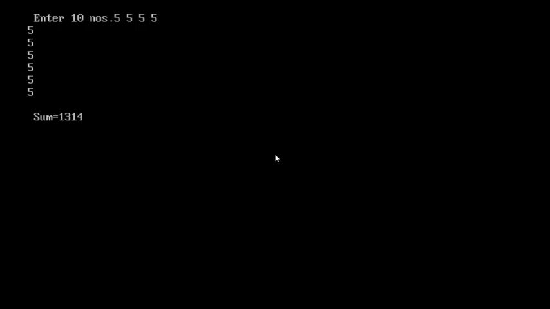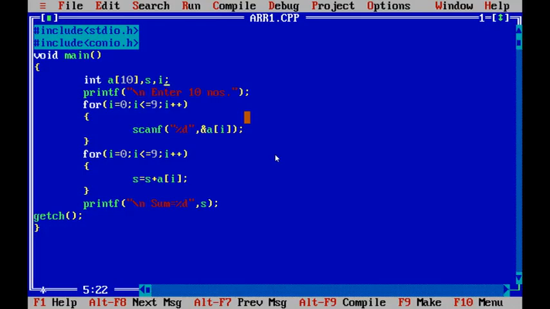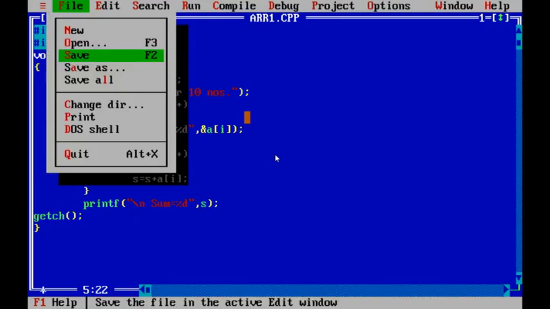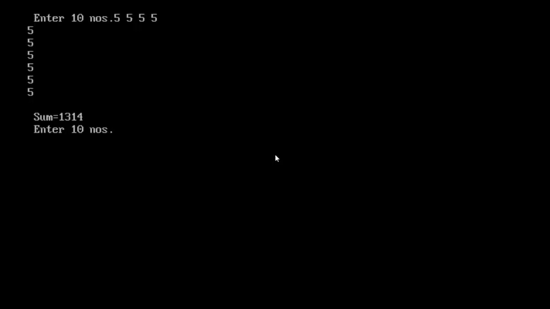देखो सम कुछ आ रहा है 1314, आई थिंक इट इज रॉन्ग। 1314 सही है क्या? हाँ, ऊपर में शायद s इक्वल टू 0 नहीं था। हाँ, अब सही है। चलो फिर से 10 नंबर डालते हैं। 1 2 3 4 5 6 7 8 9 10 20। सही है।